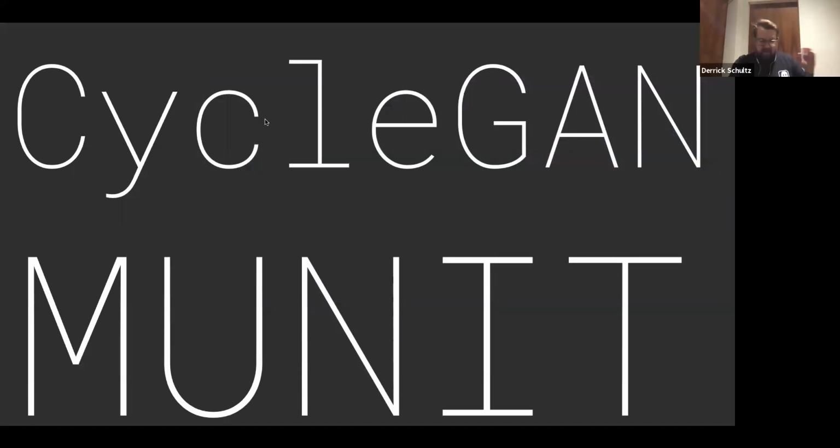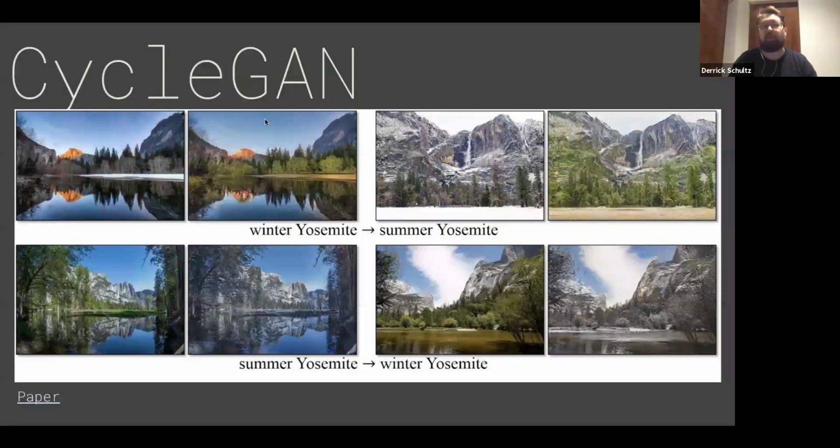So CycleGAN and MUNIT is what I will be teaching in this class. CycleGAN is different from Pix2Pix in that it still has two different folders of images, but those images are not one-to-one pairings, right? So it's not an image plus the outlines of those shapes. It's just two different folder sets, and it learns from that, which is pretty crazy to think about. Conceptually, that's pretty hard for a machine to do, but it actually works out pretty well.